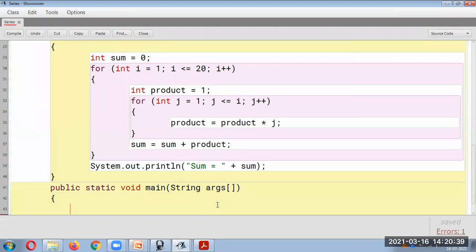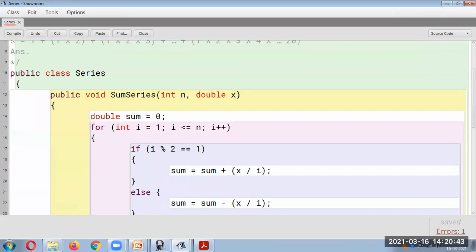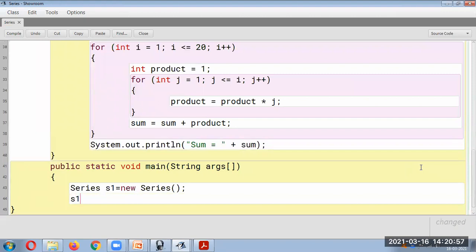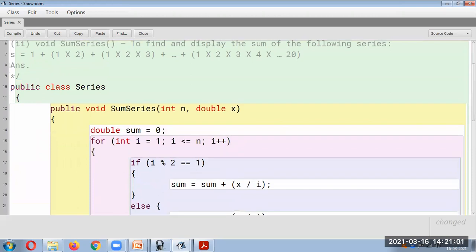So here we can just call the method. Okay. So here what will be there? We take an object of the series class. S1 is equal to new Series. s1 dot sum series.